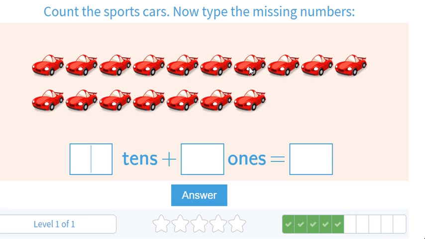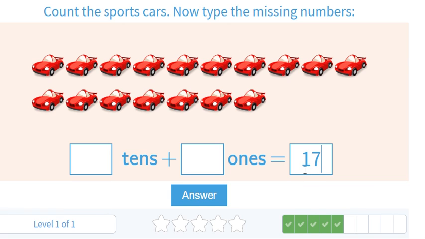Ooh, okay. We have something new here. So I know that this is a group of 10, so we can count on to count our cars. 10, 11, 12, 13, 14, 15, 16, 17. All right, so I know that we have 17 cars in all. So I'm going to put it in this box here after the equal sign, because equal means how many in all. So I have 17, and I look at my 17 very carefully, and I see that 17 has one group of 10s